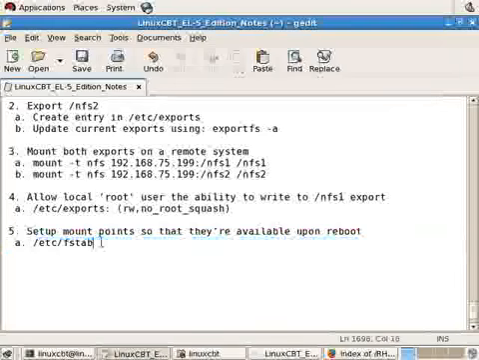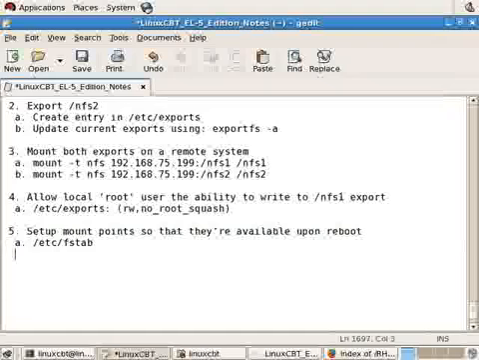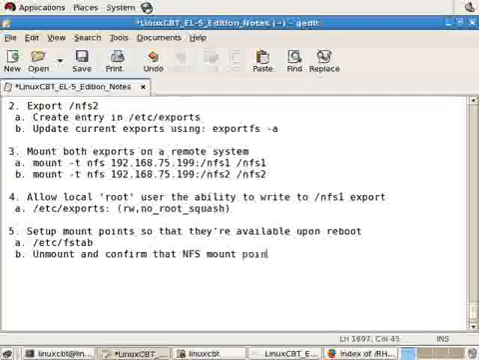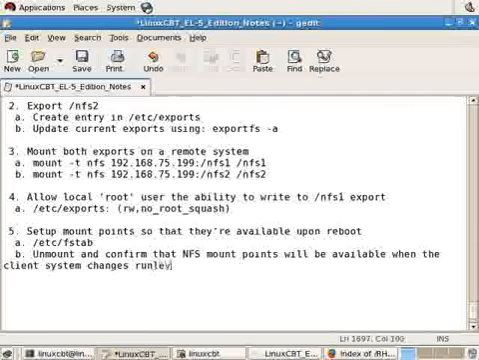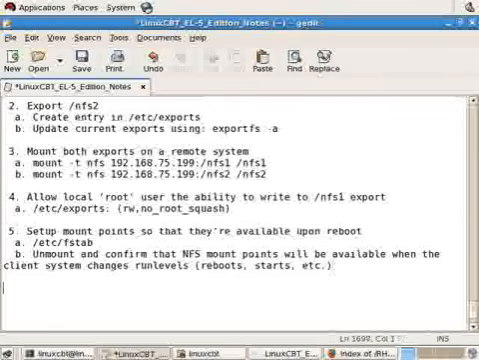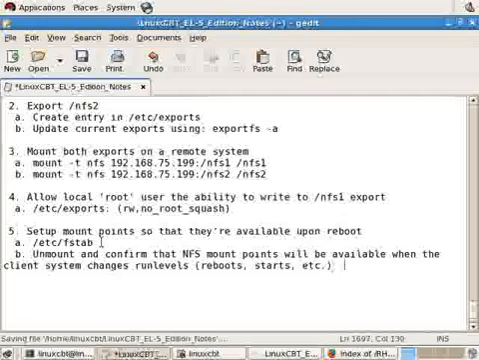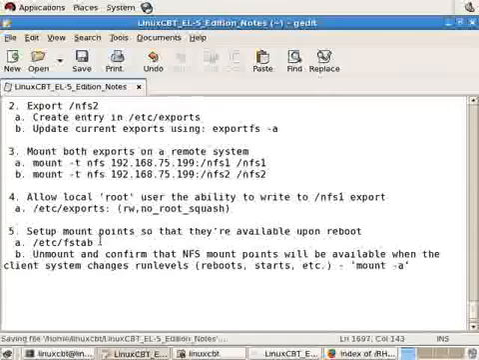So now that we've made the changes to /etc/fstab, step B is to unmount and confirm that NFS mount points will be available when the client system changes run levels. For example, reboots, starts, etc. And we can do so using mount -a. Again, mount -a will read the /etc/fstab file and mount the file systems listed in it, or remount them if